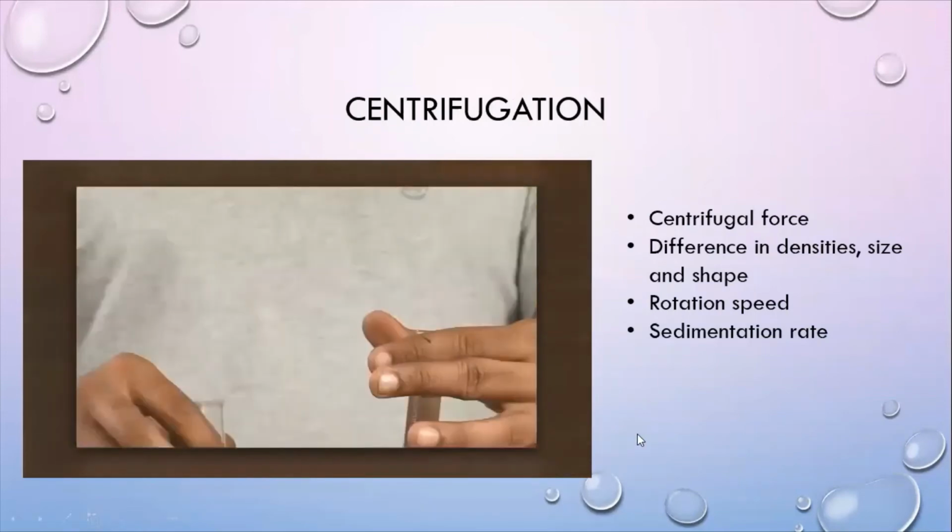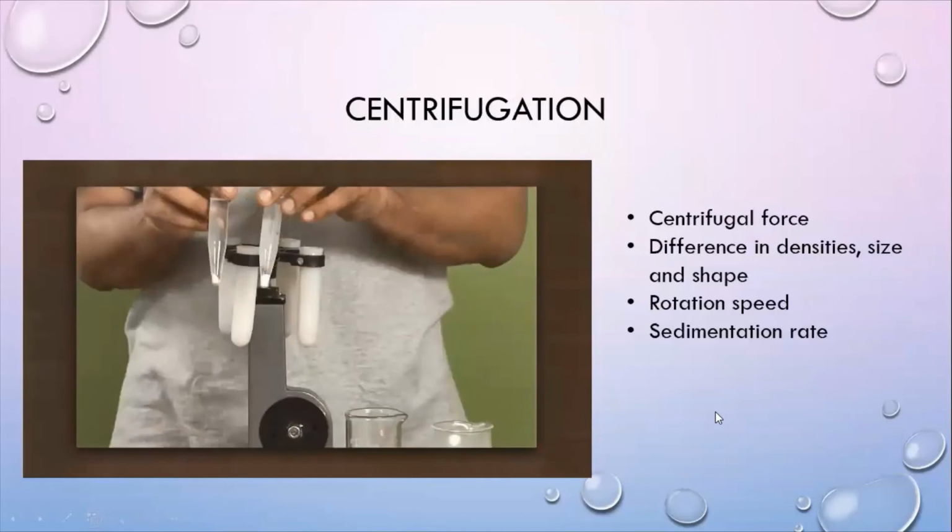In centrifugation, what we use is centrifugal force, and we can use as an advantage the difference in densities, size, and shape. So what we're going to increase is the rotation speed, and then we have a specific sedimentation rate that depends on whatever we want to separate. Therefore, the components which have the bigger densities will stay in the bottom, and then the ones with the lower densities will come on top. We usually use it to separate liquids from solids, and this is a common procedure in the lab,